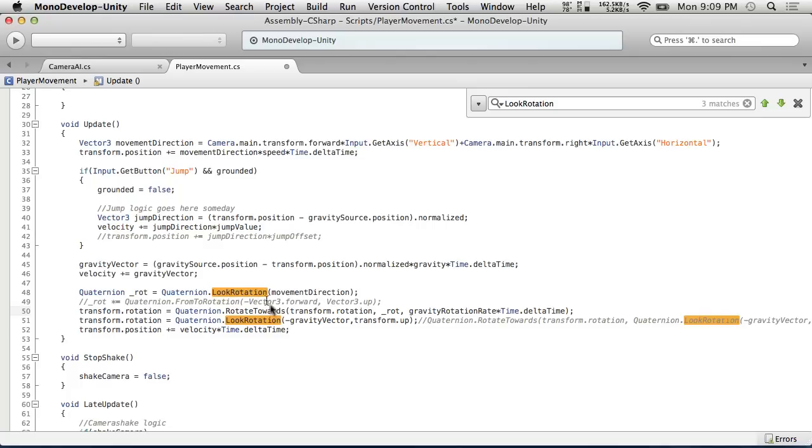So now we can do look rotation, movement direction, and this time we want to have the upward vector be the negative gravity vector, I think. Wait, what is this doing? This looks along, oh yeah, that's right. So the up,